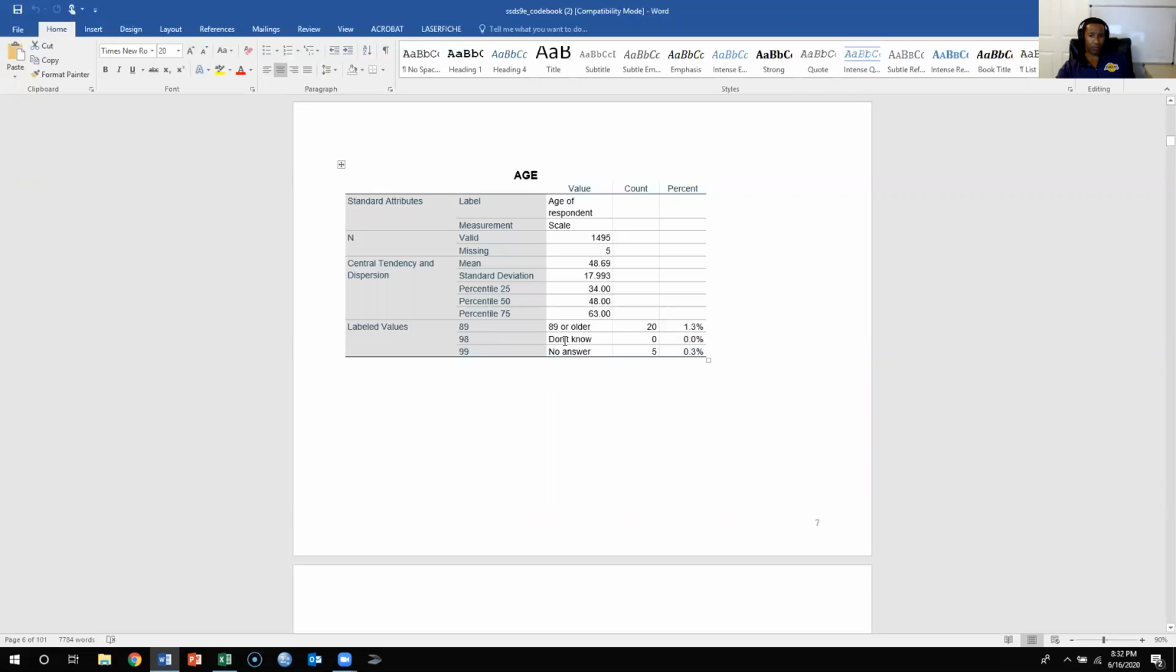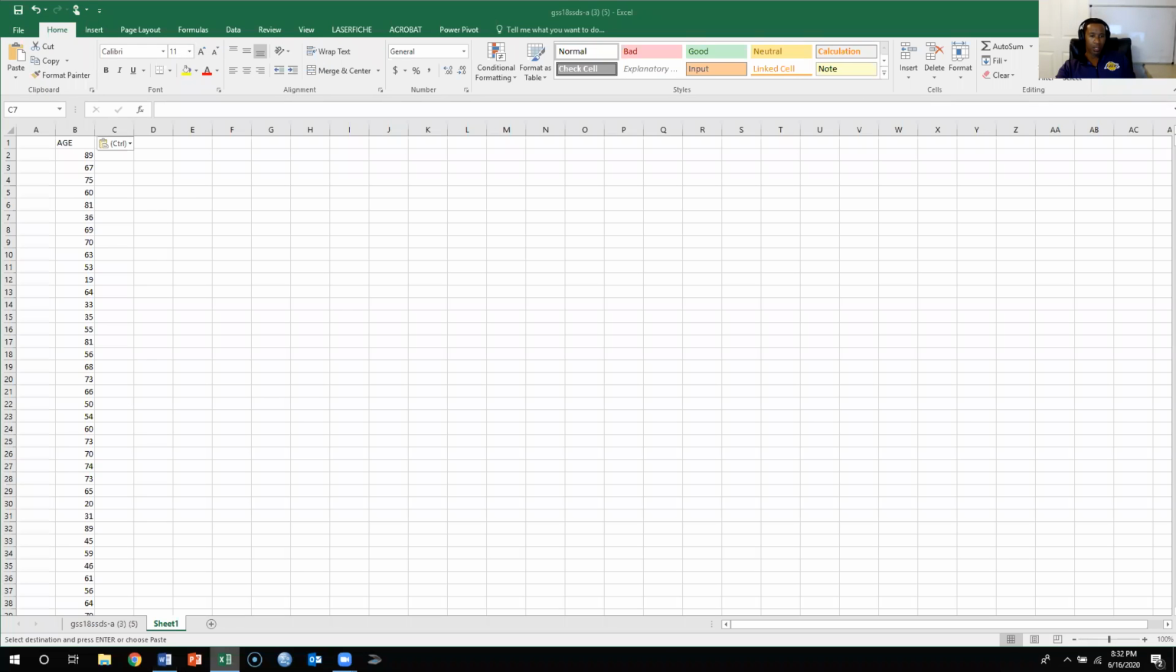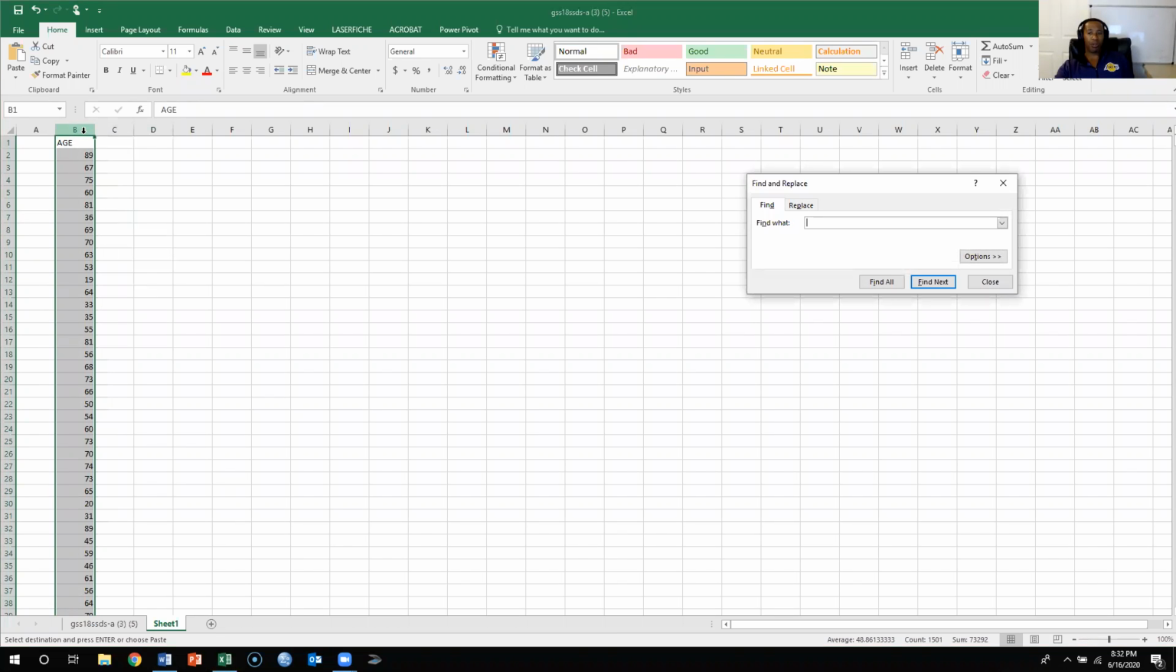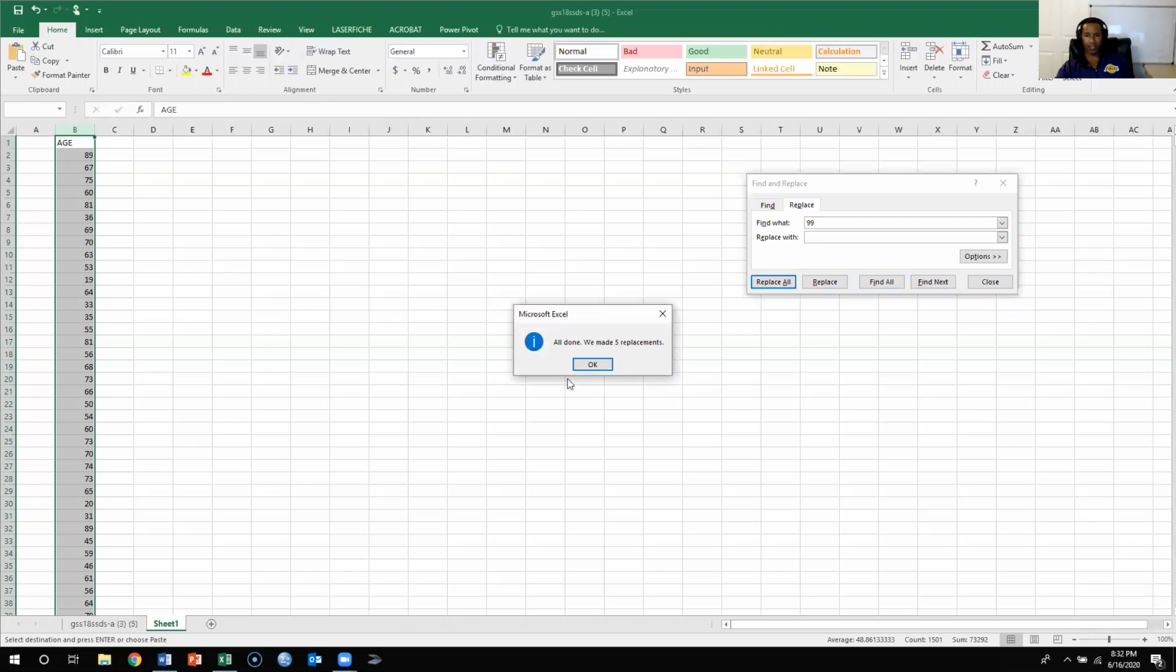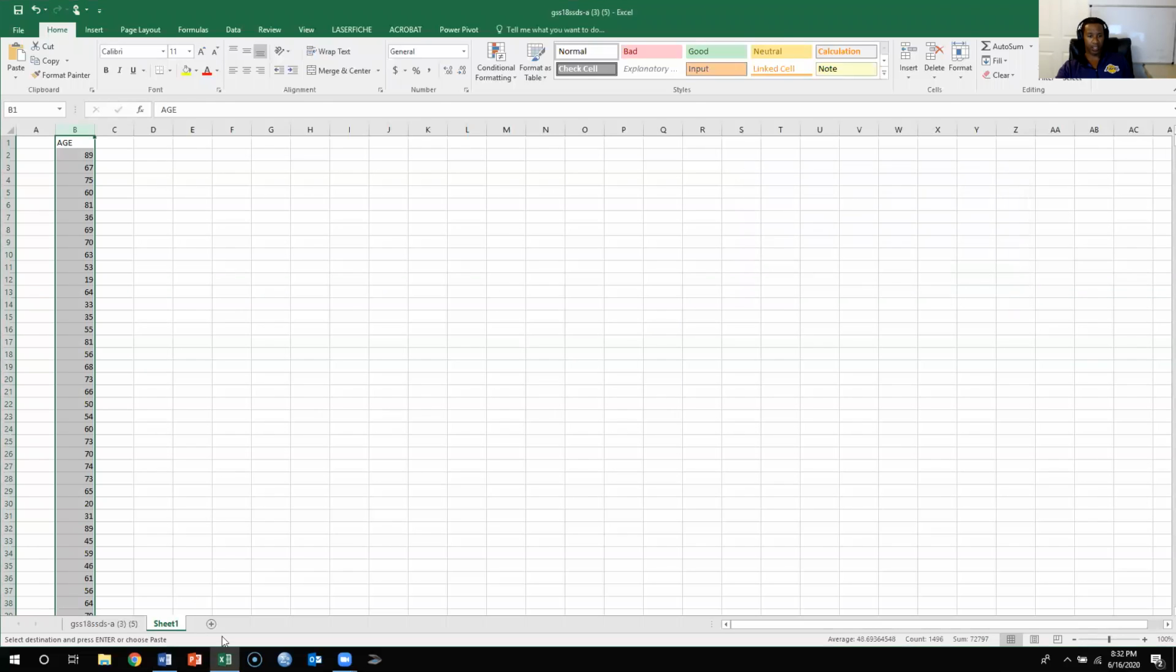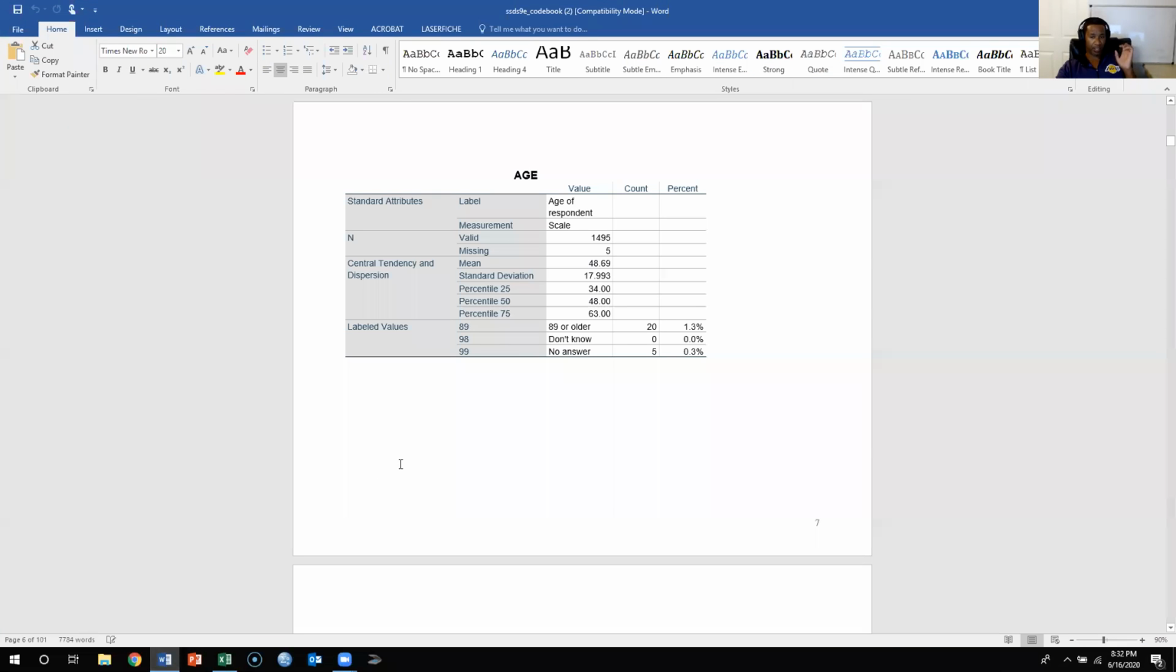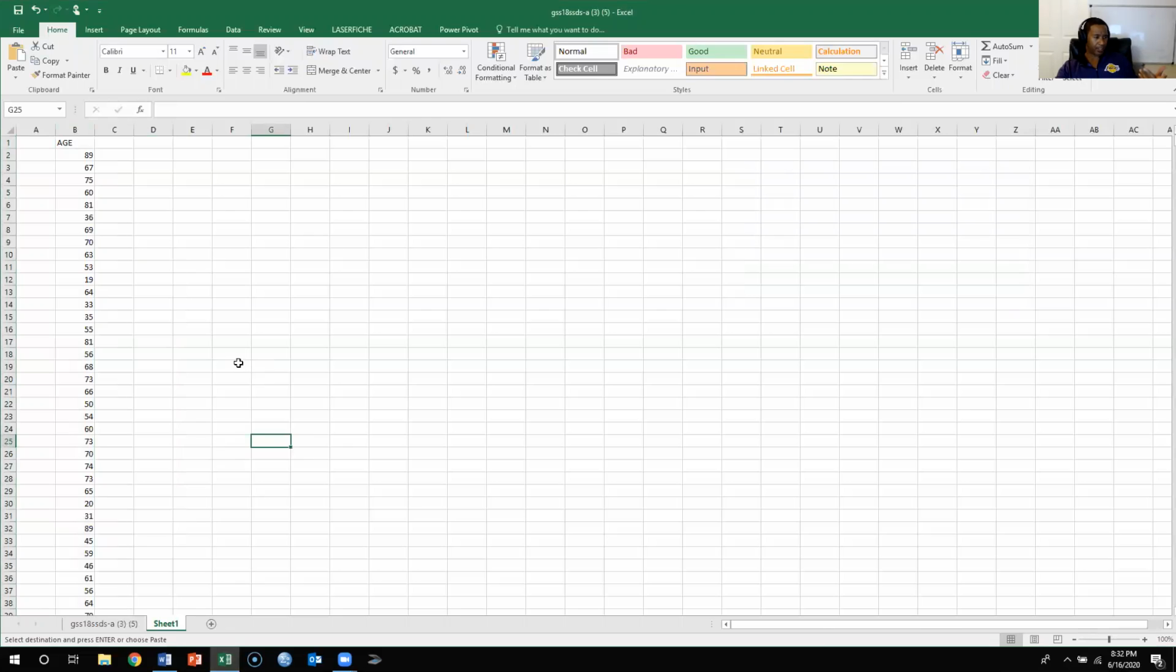So we're going to try to remove those 5 people. What we're going to do is highlight this column, and then press Control F. Now what we want to do is replace 99 with nothing. So replace all 99s. So we made 5 replacements. So we've removed everybody who did not answer. Okay. So now the data is clean, and now I can go about actually calculating the measure of central tendency